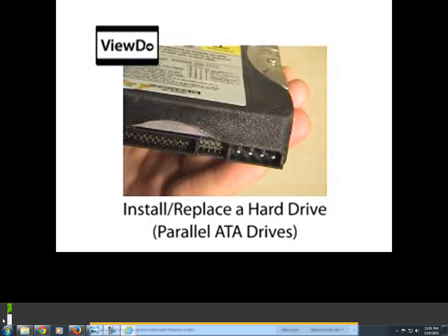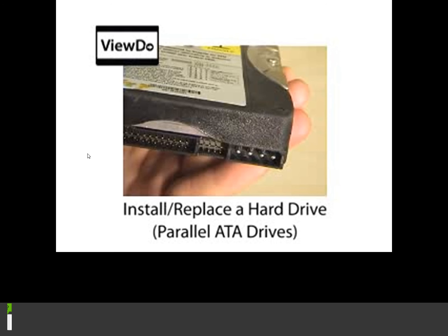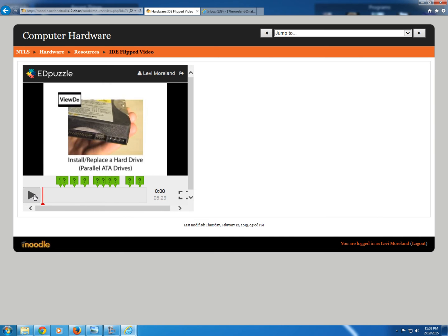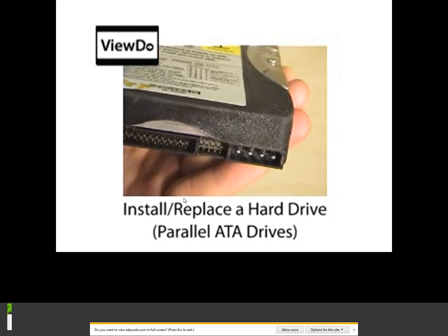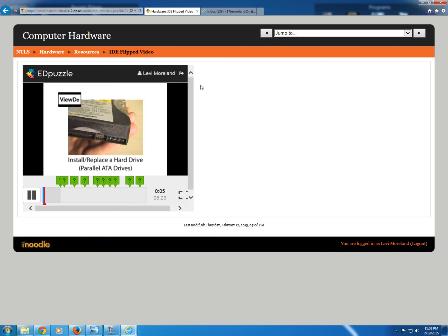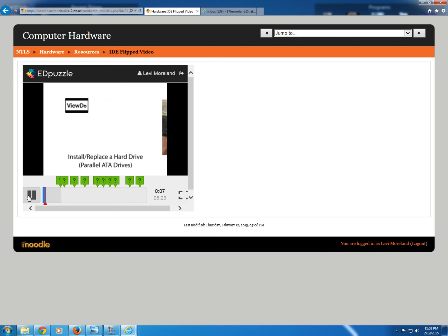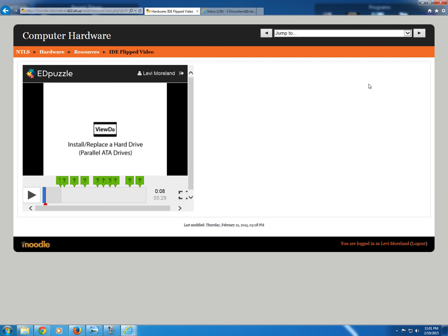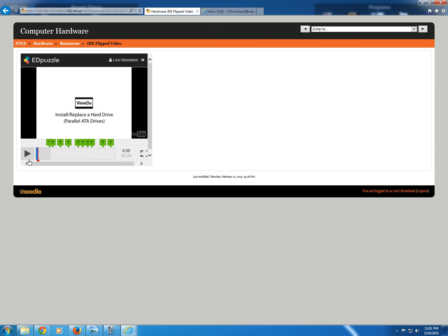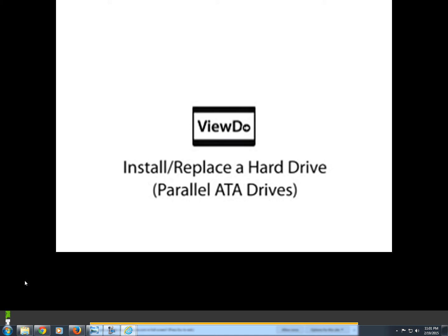and then I'm going to go ahead and start the video. And I've got a little pop-up down here. Do you want to allow Edpuzzle to go full screen? I'm going to say yes. And for some reason it's not showing the play bar, so I'm going to push play first and then go to full screen. I still am not seeing it, and that's, I just realized, because I've got this browser zoomed in so that it looked bigger on my screen. So if I go now and I go full screen,